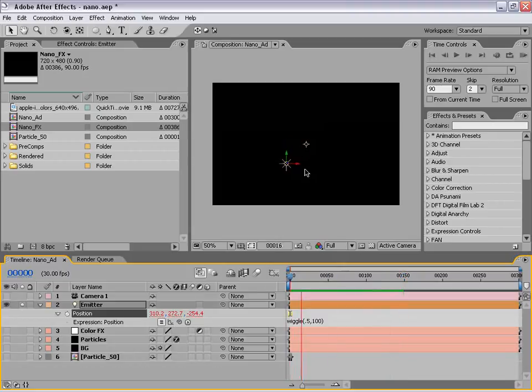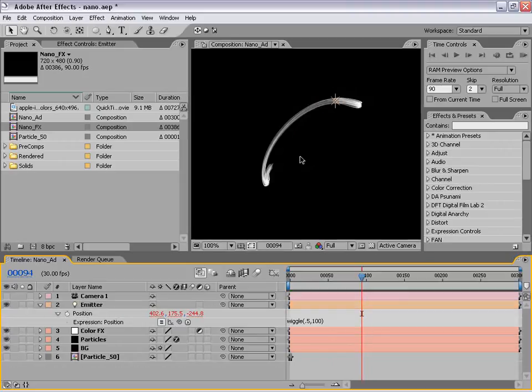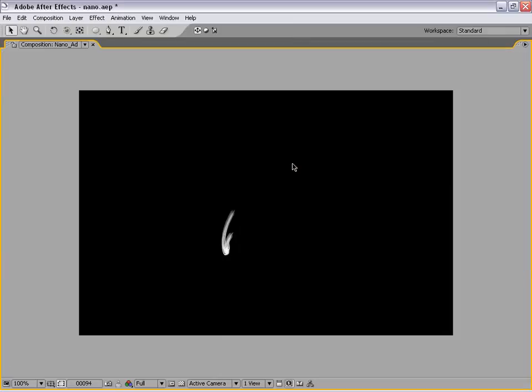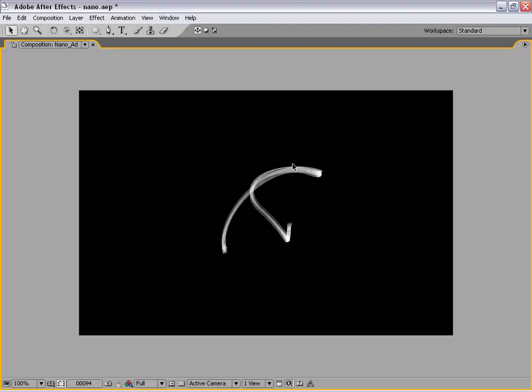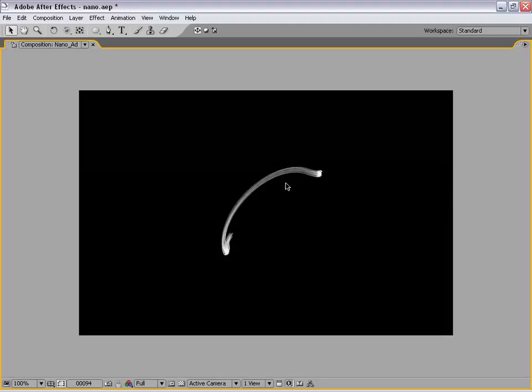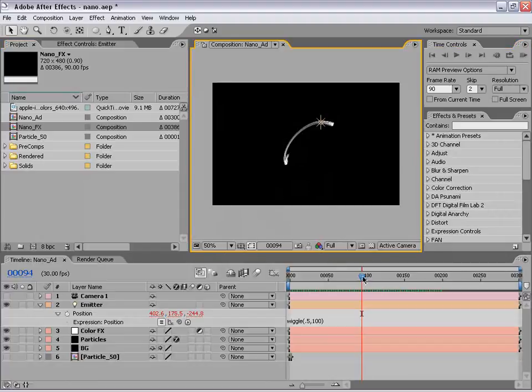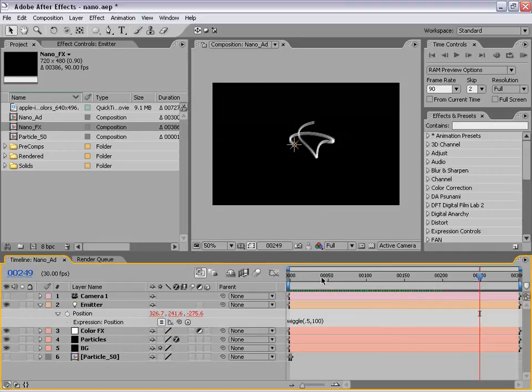Okay, so as you can see, it just kind of moves around, and that's exactly what we want. So now I'm going to go ahead and just turn all these layers back on, and as you can see, we're already starting to generate some random movement, which is exactly what we want. Now, I just saw that our particles are dying a little too soon, so what I'm going to do is